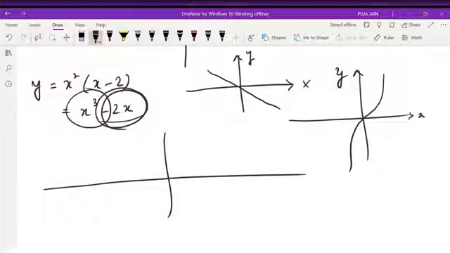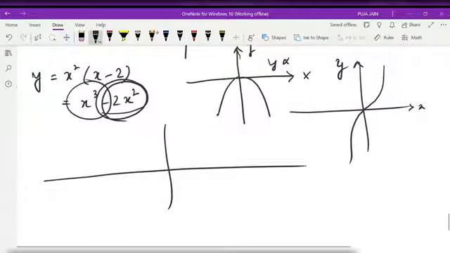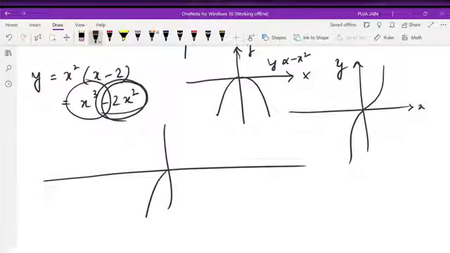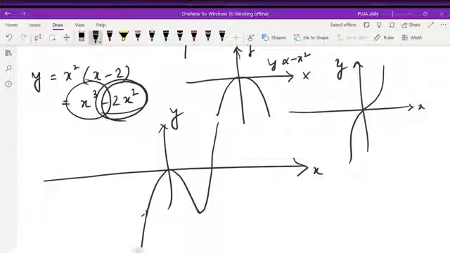Sorry, this is minus 2x square. So this one will be a parabola equation, minus 2x square. So this one will be a parabola equation in this way, since there is a minus sign there. Y is proportional to minus of x square. So for smaller values of x we will get a parabola, and for higher values of x we will get our x cube graph. So we will get in this way, right? So this is our resultant graph. See, this is my x cube part, and this is my parabola part. Okay,